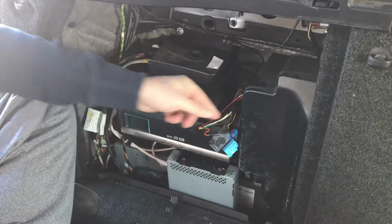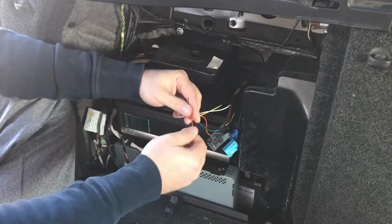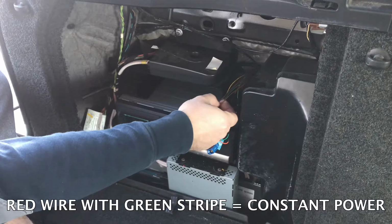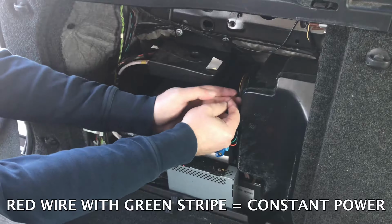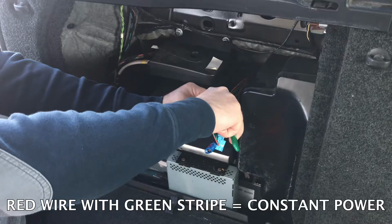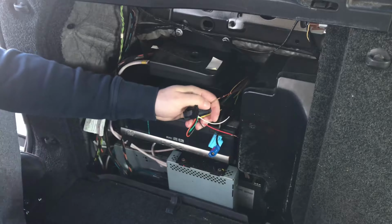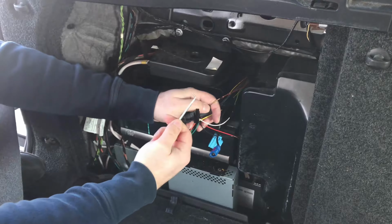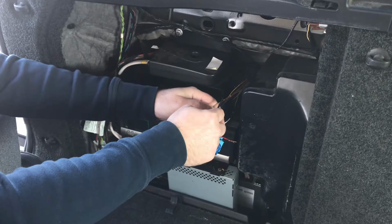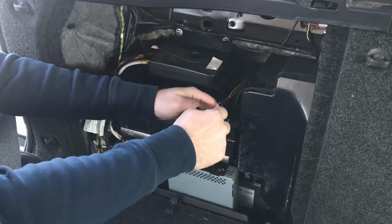Okay, and now you have two more wires. You got constant power and ground. Now we need to connect power. Find the red wire with green stripe. That's going to be a constant power. You want to do a mid strip on the wire, just like that, to expose the shield. After you strip the wire using something like this, like a pick tool, you want to make a hole in the wire to make a connection more secure. So you make a hole in the wire because it's a multi-stranded wire, which means there's multiple strands,